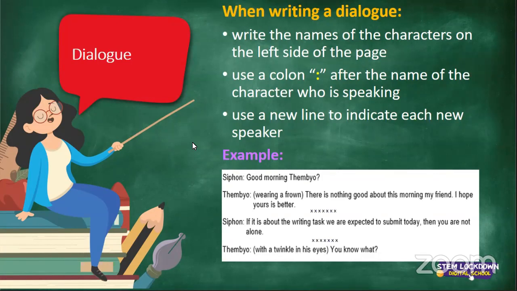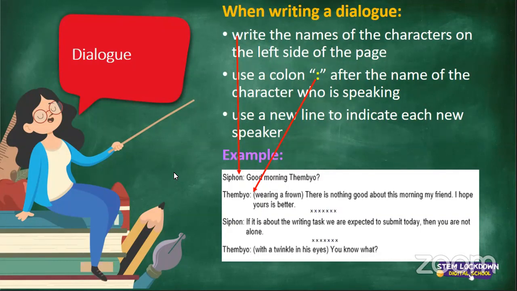The first point: write the names of the characters on the left-hand side of the page. I've given you an example. The name Siphon is on the left-hand side of the page and it's written down. The next point says, use a colon after the name of the character who's speaking. A colon, can you see those little two dots? It's a punctuation mark. We use it immediately after the name that is written on the left-hand side of the